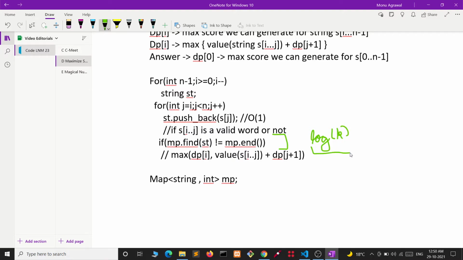There will be log k comparisons into the time we take in each comparison.